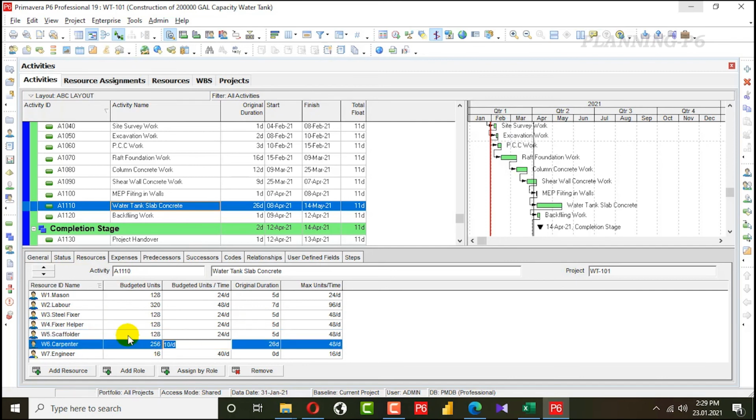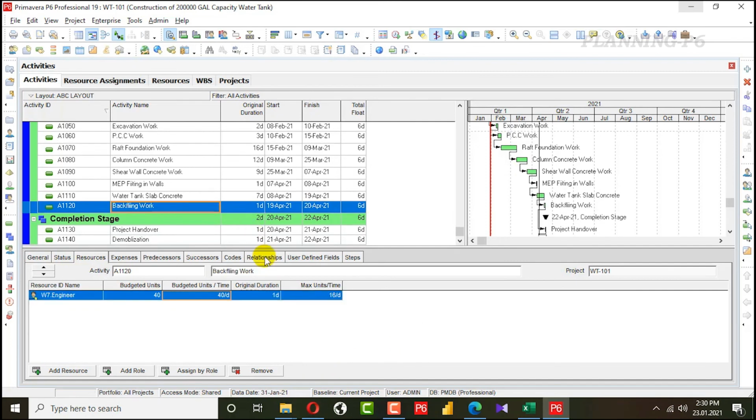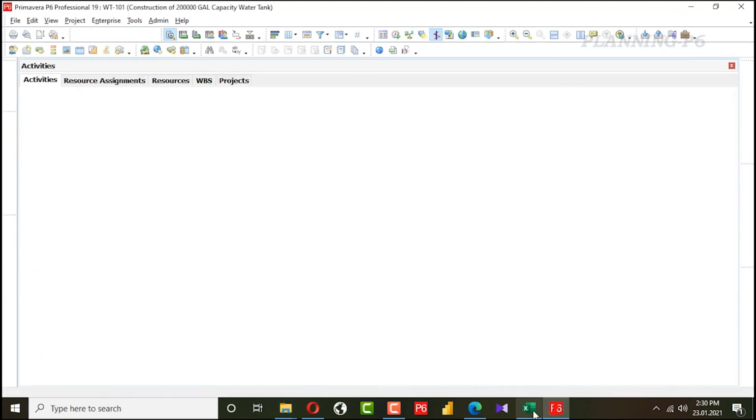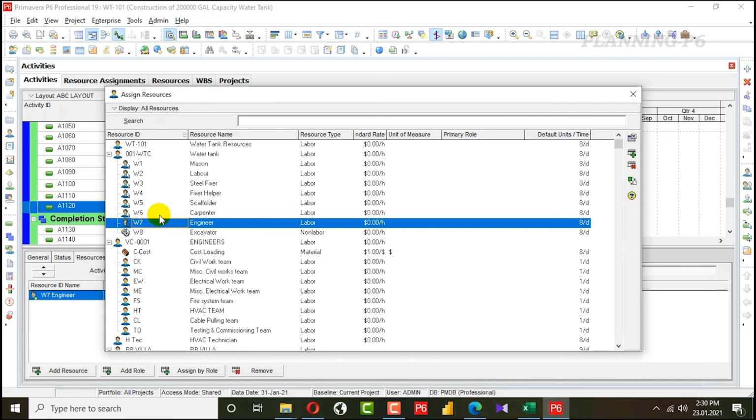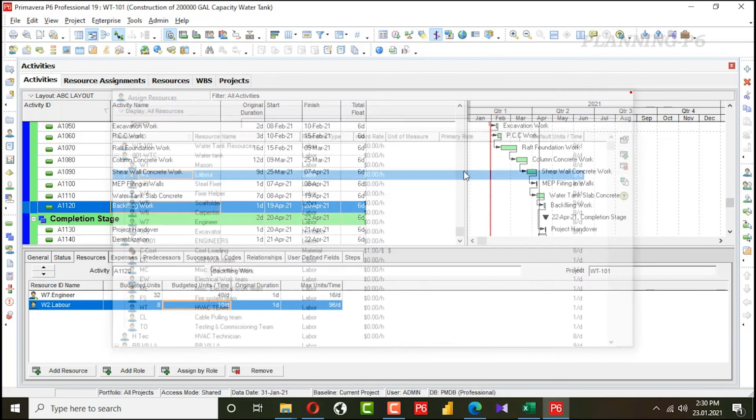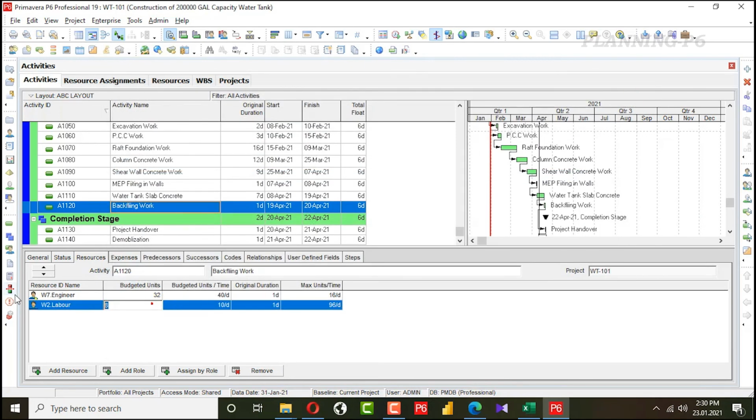So here I have 160 hours for the labor, and I write here one labor, 160 hours. Then write here 32. For 48, it will take 3 days more. So here I have completed the schedule for the